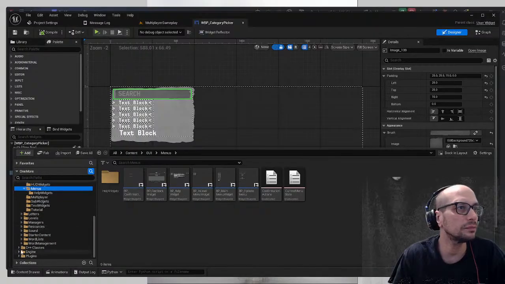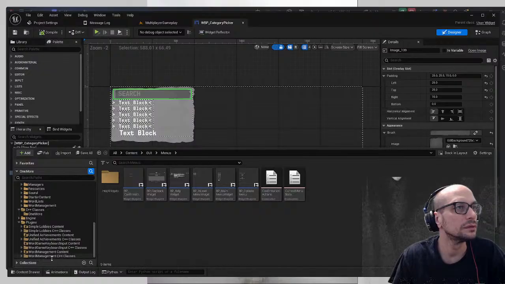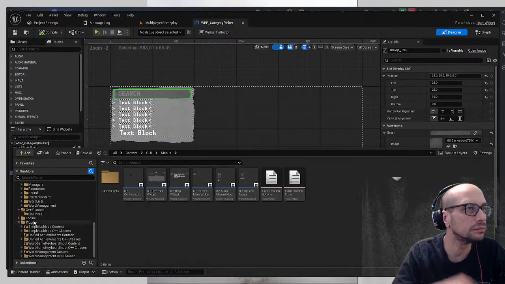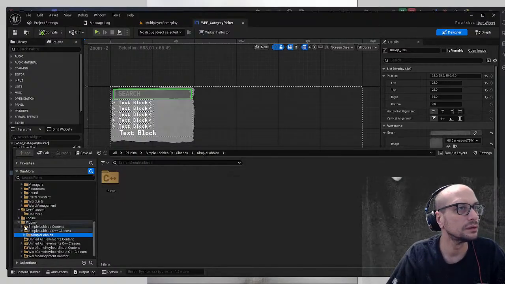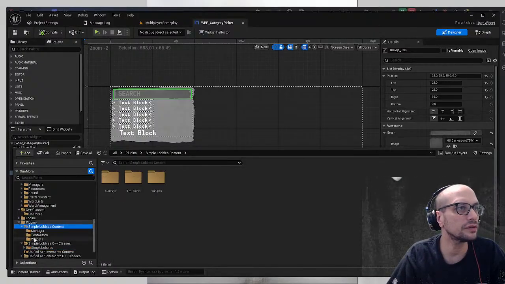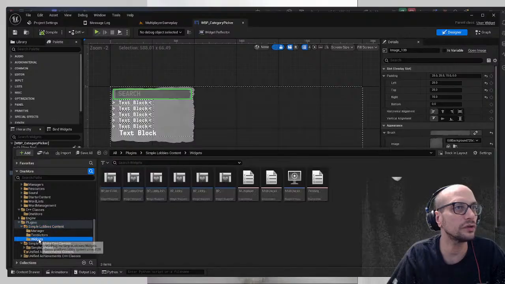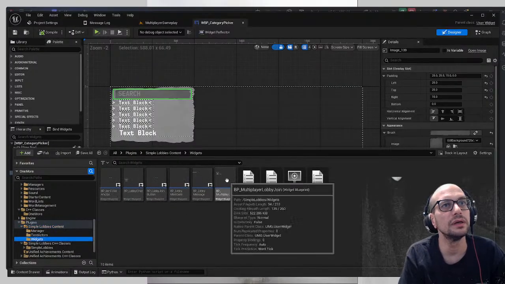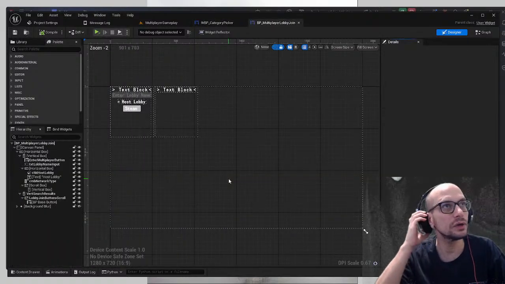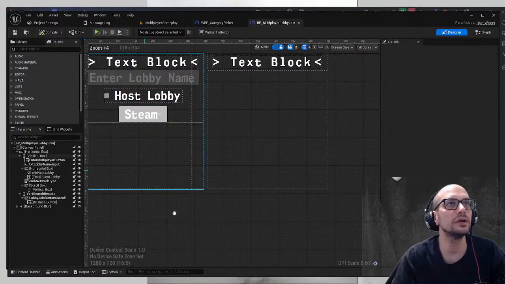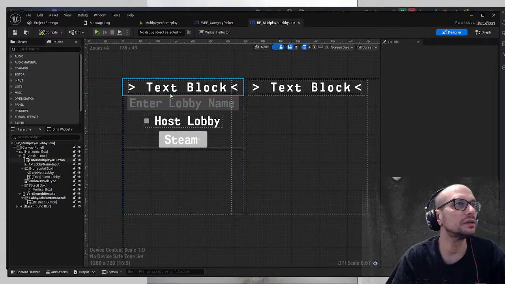And that HUD object is here in my plugins directory. Simple lobbies, I think. No, if it's in, yeah, okay. So it's in widgets. Multiplayer lobby join. Okay. So we're not going to do this way. We're going to do this with